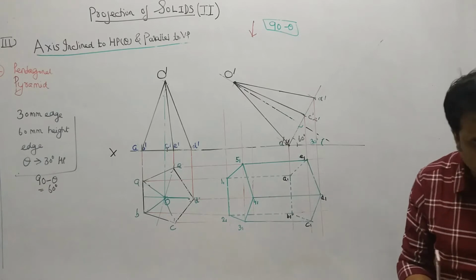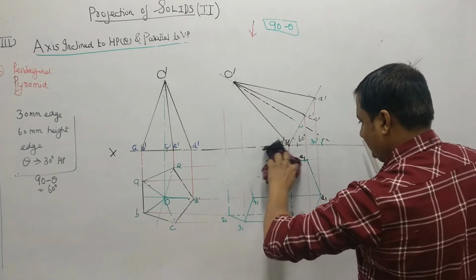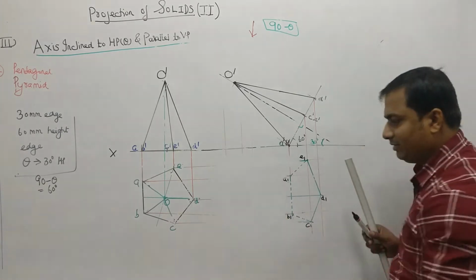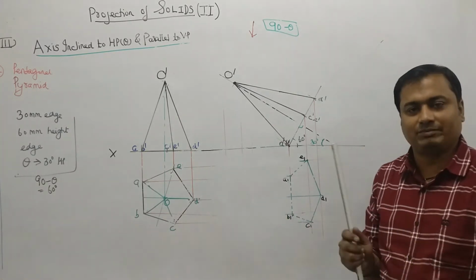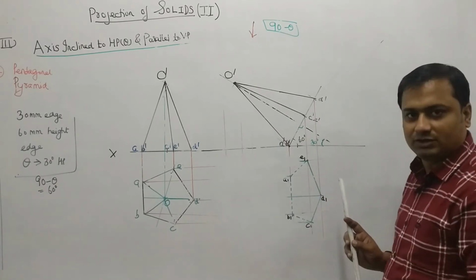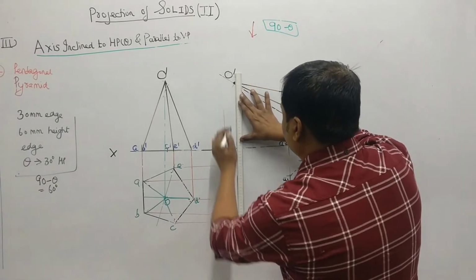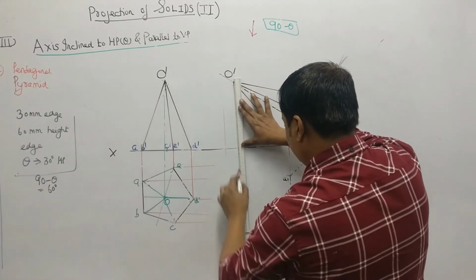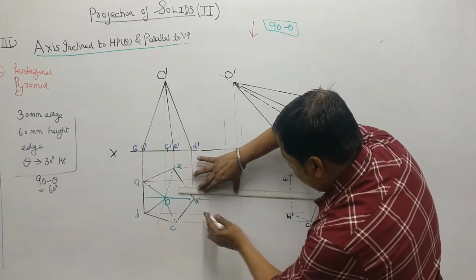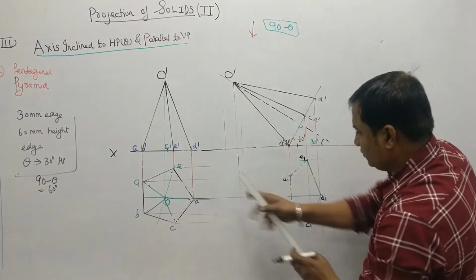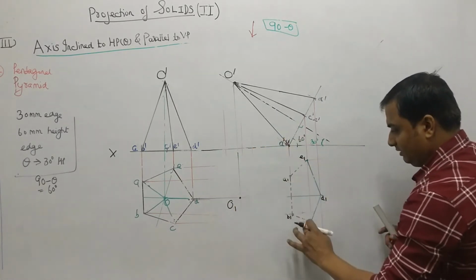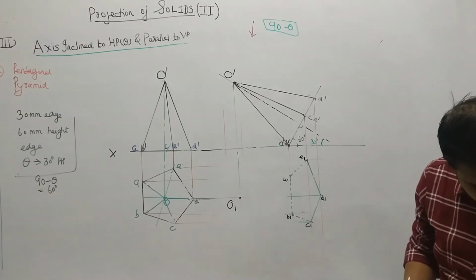So now what will be the final top view? This pentagon will be the same. See, I am making it here only, but you have to make it proper. You have to make it separately. You will be getting the exact and right views from the top and the front. Okay, so for the O dash projectors, I will be taking only the O dash projector because I have already made this pentagon here, and this will be like this. So this will be my vertex. This is my O1. Then next you have to join the edges.